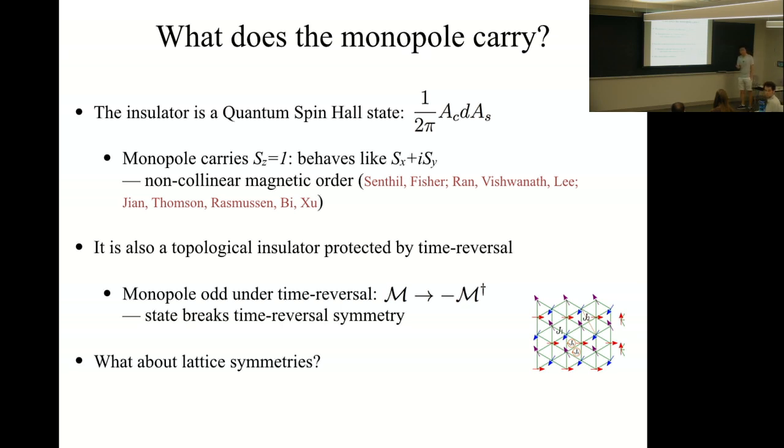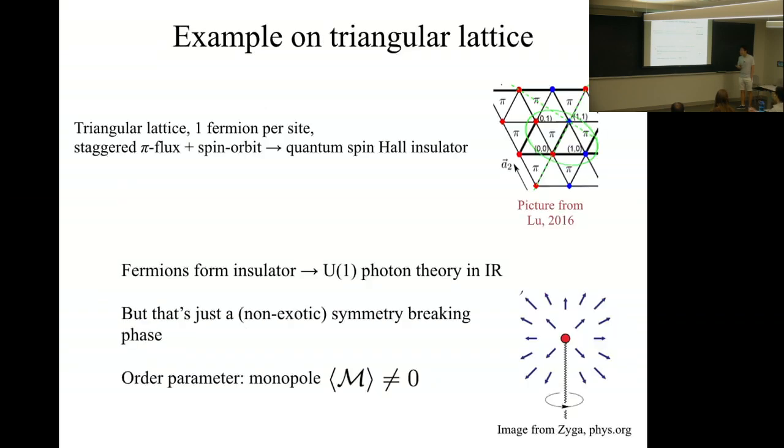Sorry. On the previous slide, the upper picture is the gapped state. The lower one is gapless. Okay, so just with this, it's gapless. It has a gapless Dirac fermion, but then you add spin orbit, which I was too lazy to draw. That becomes a gapped quantum spin Hall insulator.